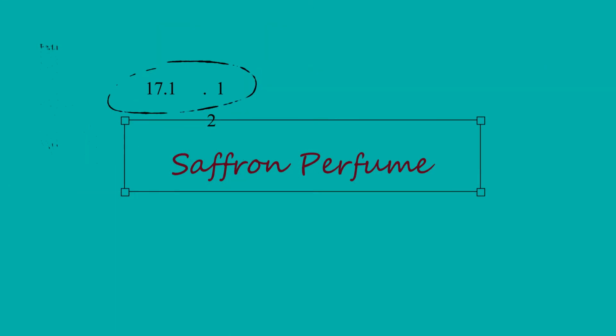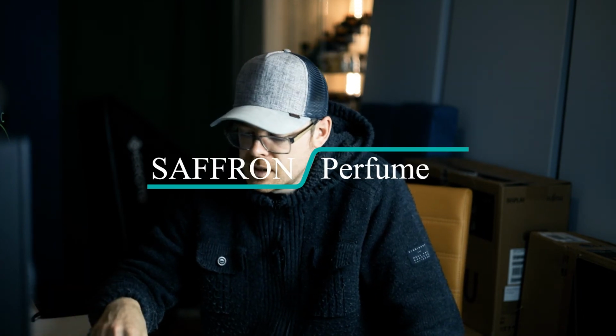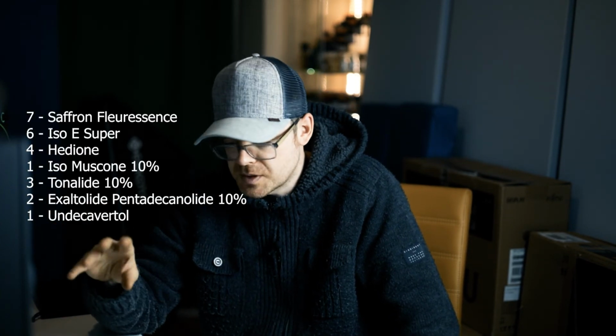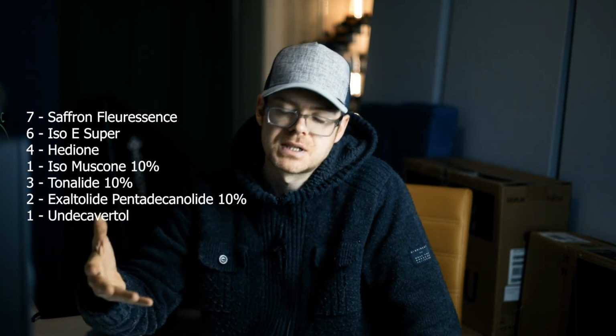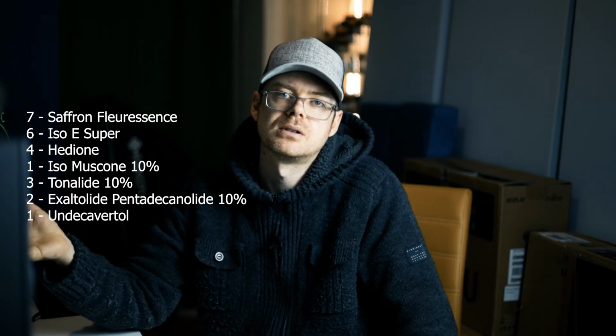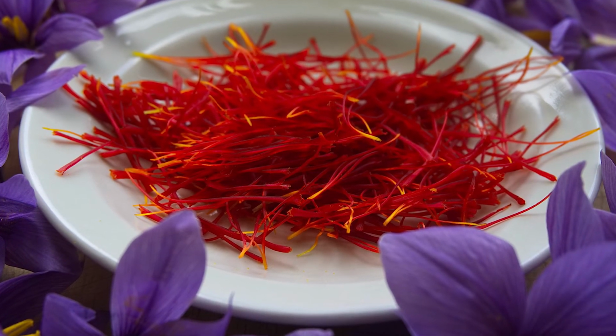Now let's move on to the final perfume, which is the Saffron Perfume. Now this is probably the simplest perfume, because really all I did was I kept that same musk combination, 6 drops of ISO Super, 4 drops of Hedione, the 7 drops of the Saffron Fleurescence, and the only thing I added to it was just 1 drop of undecavertol, just to give it this green violet top, and it just works beautifully. Again, this was more towards an EDT, so somewhere around 15-16%, as were all of the other perfumes,